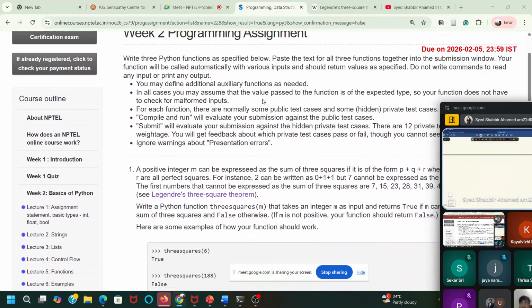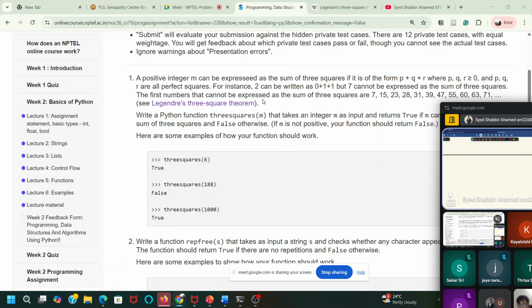So in the quiz of the week 2 programming assignments, we had these three functions which we had to write.